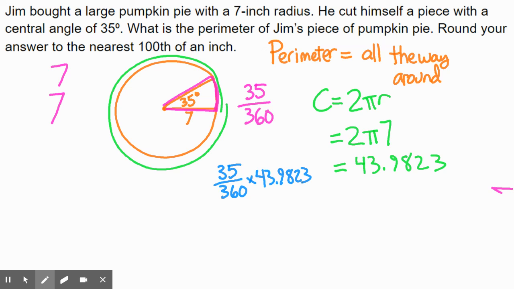So that's all we have to do. What does that equal? Well, let's see. 43.9823 times 35 divided by 360 equals,